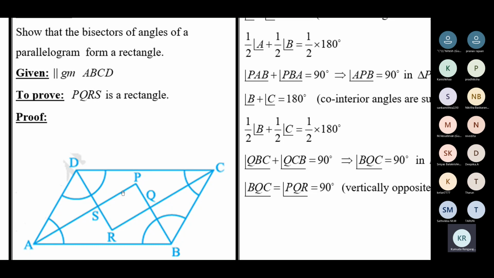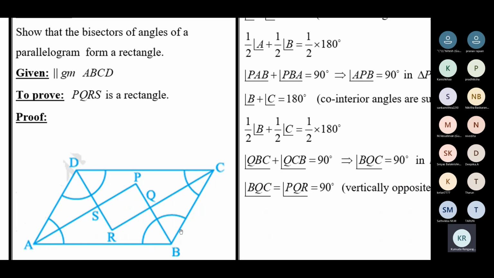Now, to prove that, the extra portions are erased. See, AP is the bisector. AP is a ray. It doesn't end here. So that extra portion is just rubbed out. AP is a ray. AP is the bisector of angle A.